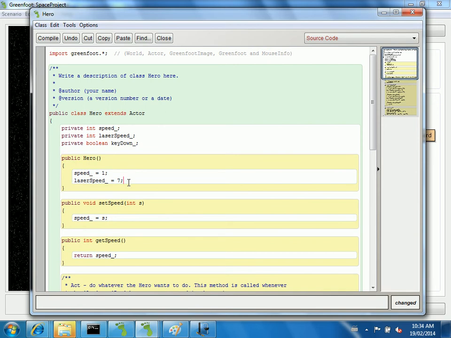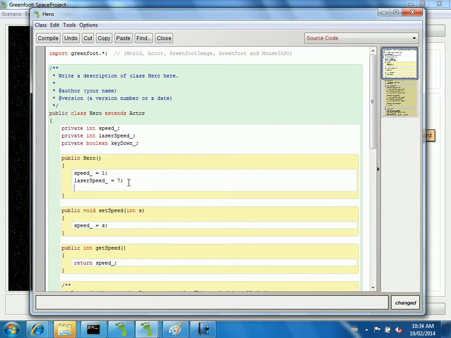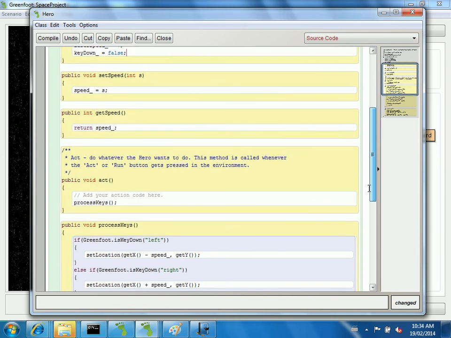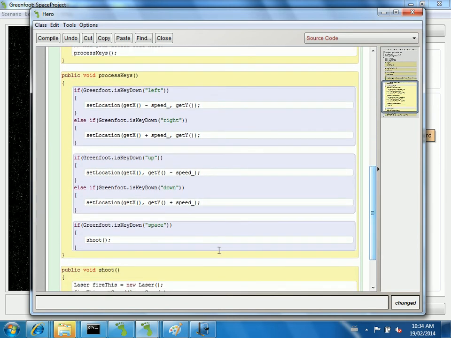This hero will remember if you pushed the key. So what I'm going to do here is say, when the game starts, that space bar is definitely not down. Well, it could be, but we'll say that when you start, the key is not down, it's false. Now when I go to process my keys, I'm going to include this behavior. So the first thing I'm going to check is, I only want to fire if that key is not down. So right now, the key's not down. Okay? So I'm going to say,